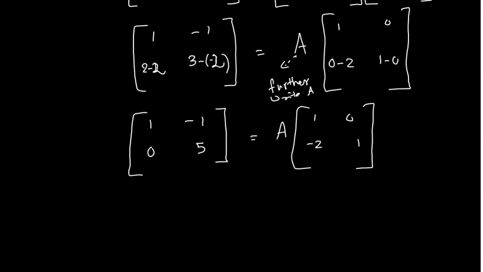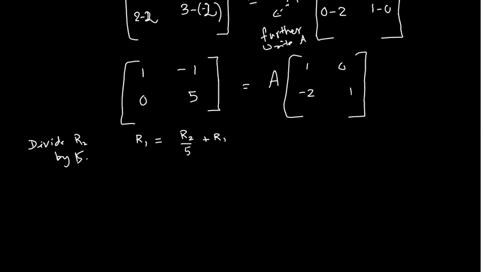So divide R2 by 5, and then you have to add it to R1. So therefore R1 is getting disturbed. R1 is equal to R2 divided by 5 plus R1. This is what you have to be doing. So as usual, R1 is getting disturbed, R2 is not getting disturbed. Therefore